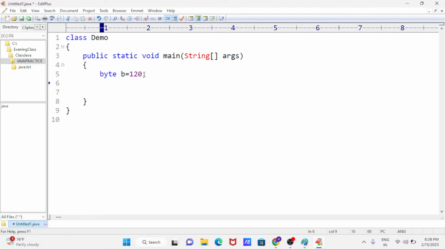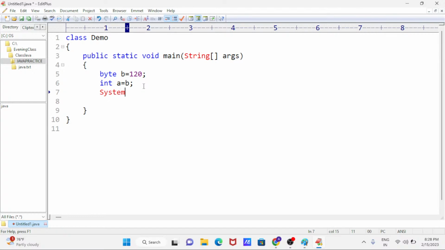First I create one integer type container: int a equals b. That's it. Now b is converted to integer type; before, b was byte type.